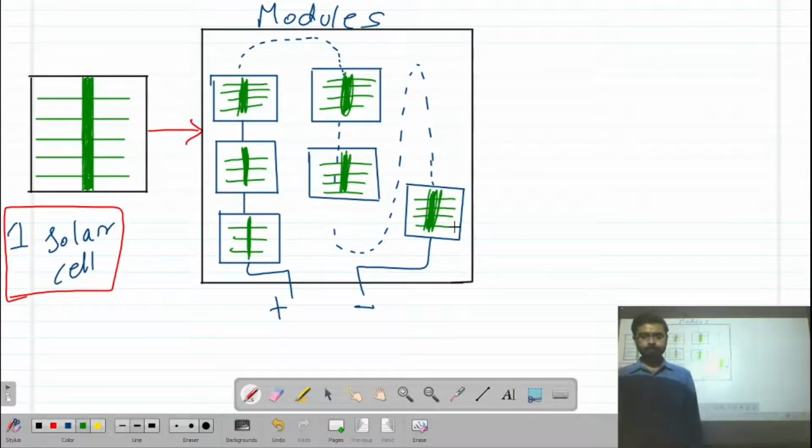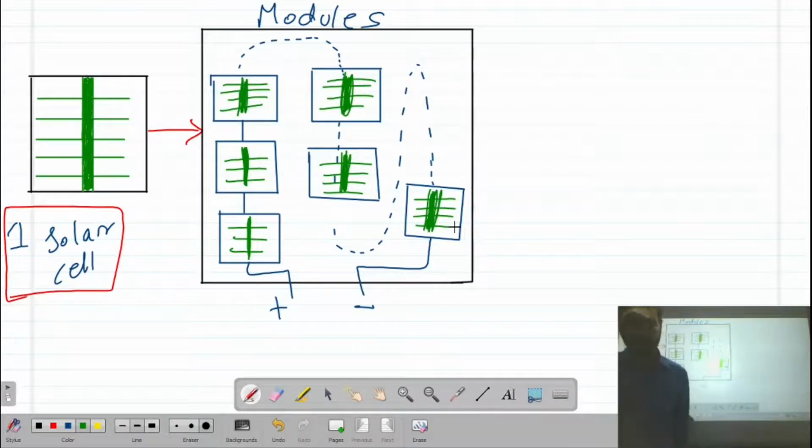This is to increase the overall power of solar cells for the application of a solar cell, right? Because a single solar cell will have a small VOC and a small current, ISC, and that cannot be useful for any application. If you want to use the solar cell for commercial application, you should have a higher power rating. That higher power rating will be generated with modules and arrays. Why? Because a module consists of a number of cells connected to each other in series and parallel combinations, right?